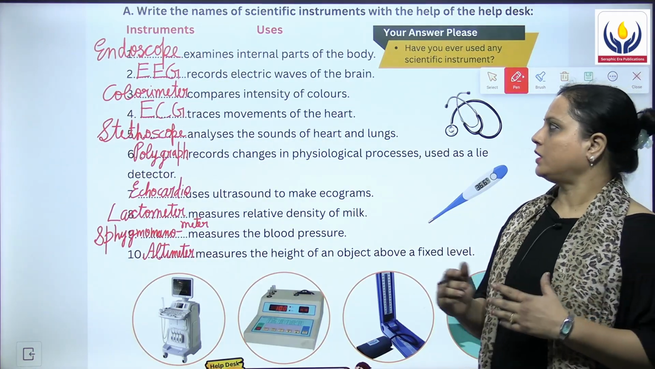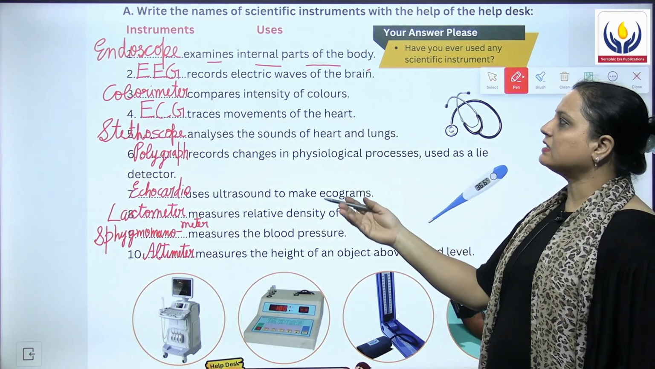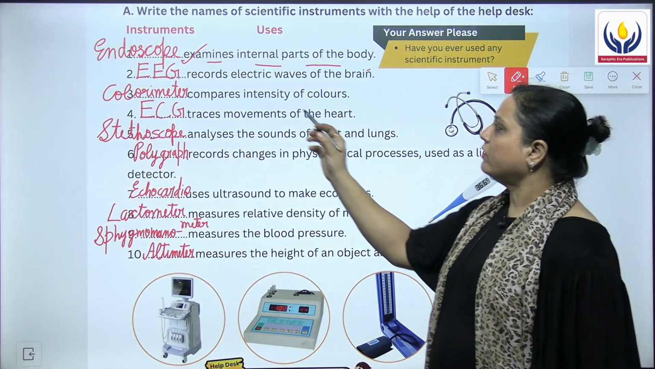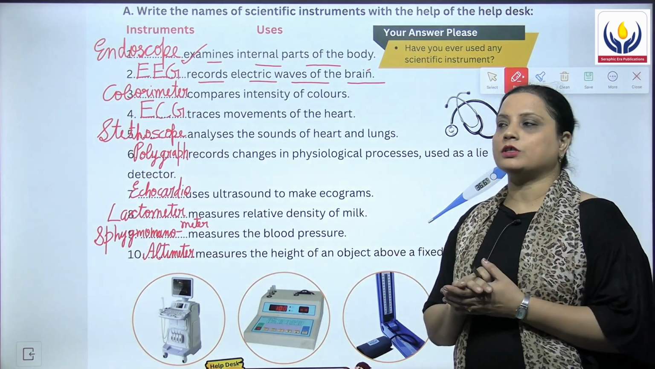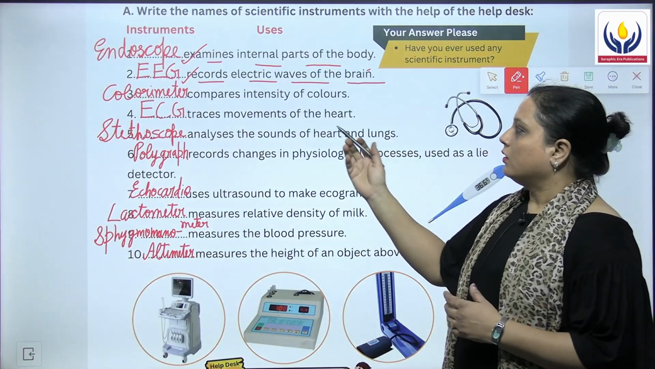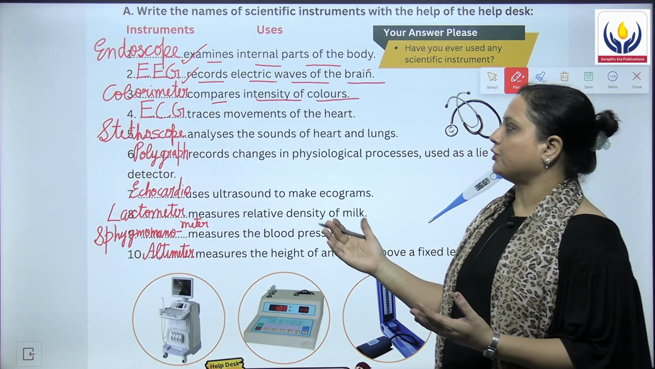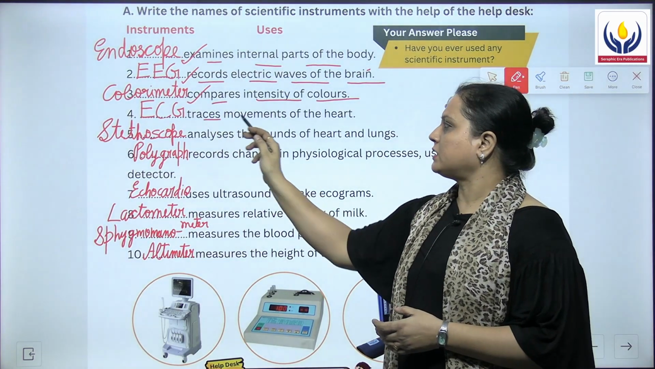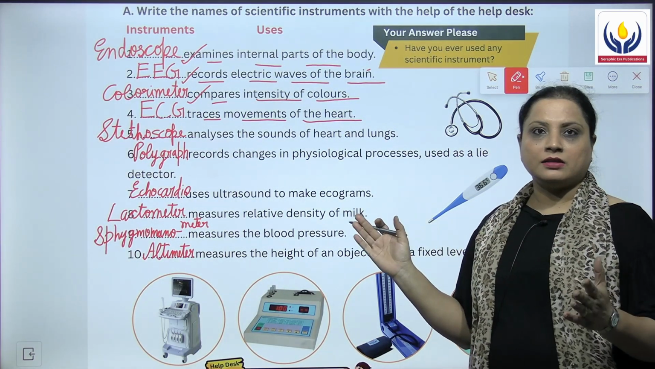So the first is dash examines the internal parts of the body and the answer for this question is endoscope. Next we have dash records electric waves of the brain and the answer for this question is EEG. Next we have dash compares intensity of colors and the answer for this is colorimeter. Fourth question, traces movements of the heart. What traces the movements of the heart? And the answer is